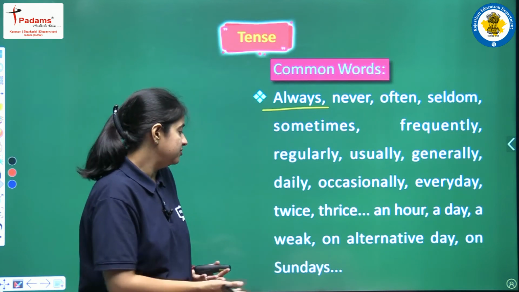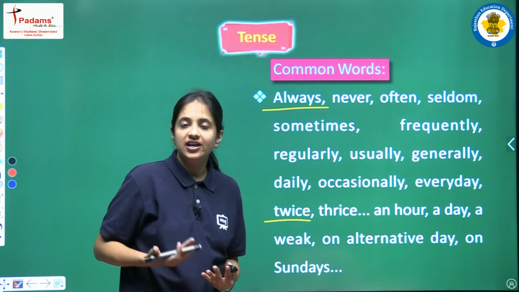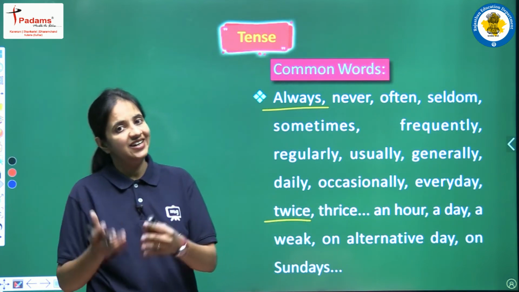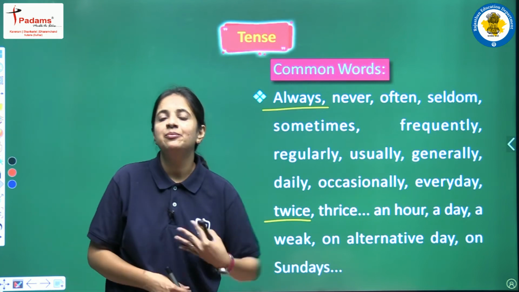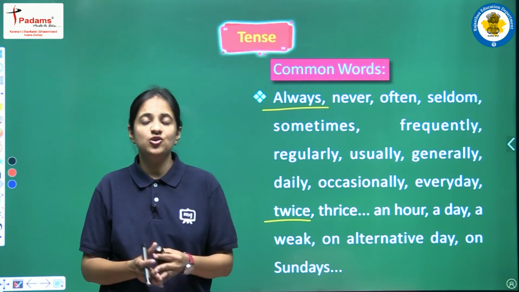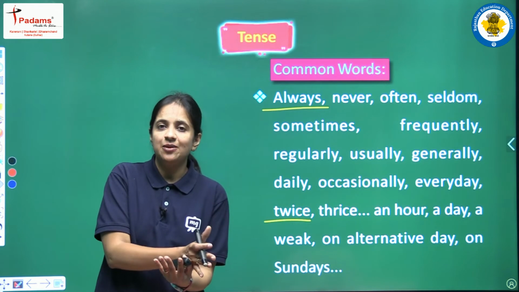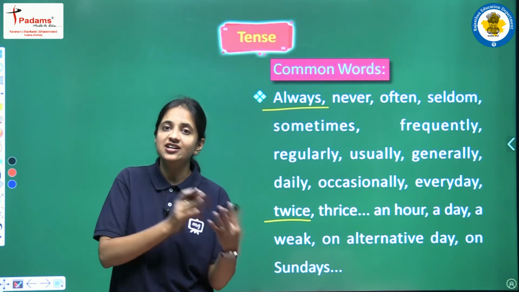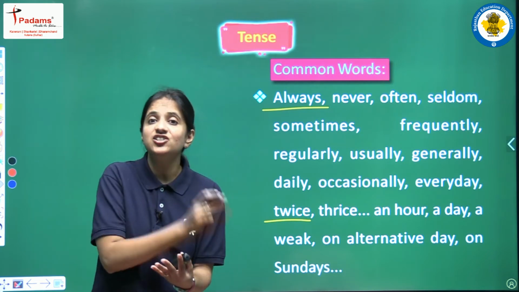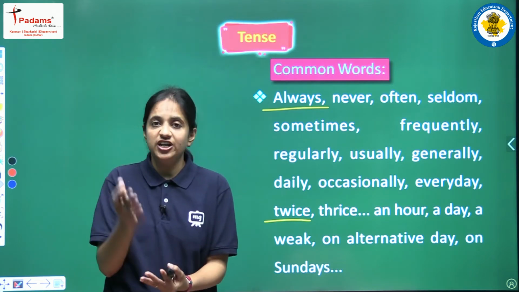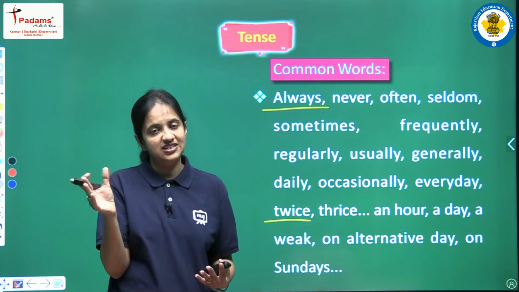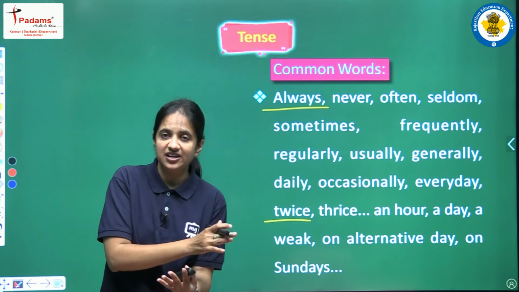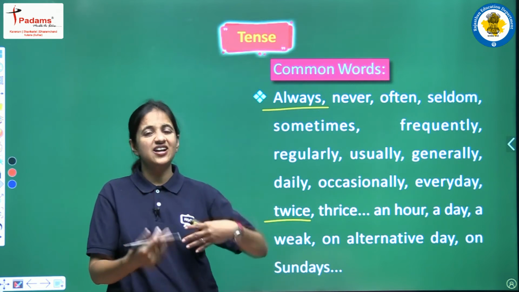twice, thrice. It means we can say twice in a week, twice in a month. Similarly, thrice means 3 times. Okay, 3 times in a week, 3 times in a month. Like suppose I am saying that she visits library thrice a week. Okay, so उसकी habit है कि वो 3 times in a week क्या करती है, लाइब्रेरी जाती है. So I am saying that she visits. Okay, so visit के साथ हम s add करेंगे. So our answer will be she visits library thrice a week, or we can say thrice a month, जो भी sentence में है.